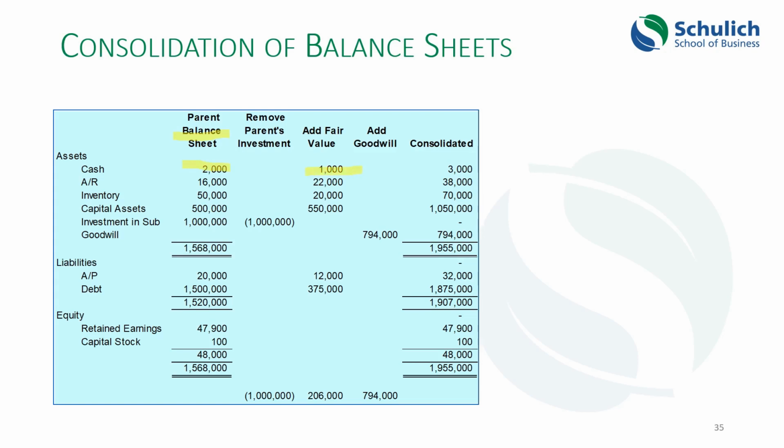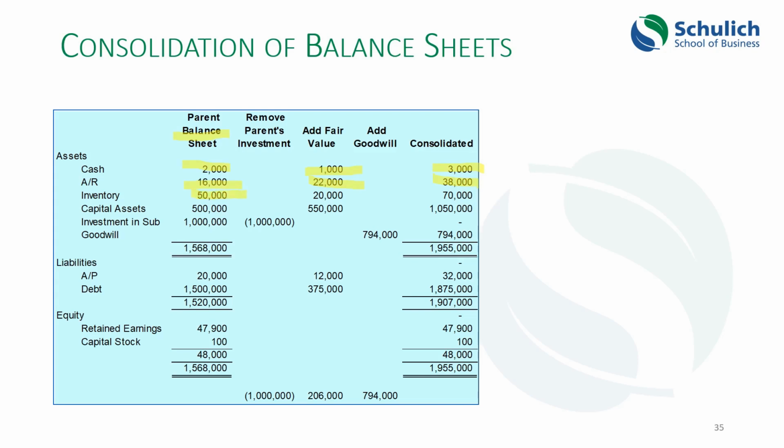Now, the fair value of the cash and the actual value of the cash will be identical. But what you've got then is a total of, in this case, $3,000 worth of cash. The accounts receivable of the parent company is included in the accounts receivable of the consolidated company. And what happens is you look at the accounts receivable of that other company and estimate the fair value of it, and you add that to your own parent company accounts receivable, you get $38,000 in this situation.